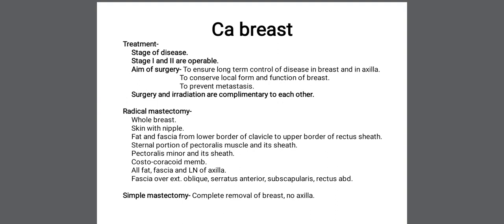So in stage first and second, they are operable, and the surgery and the irradiation are complementary to each other. The surgeries that can be carried out are, first, radical mastectomy and second, simple mastectomy. In radical mastectomy,